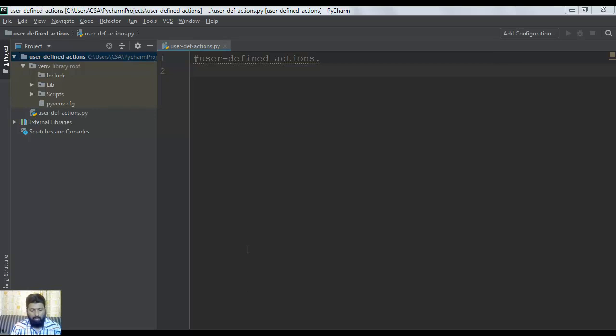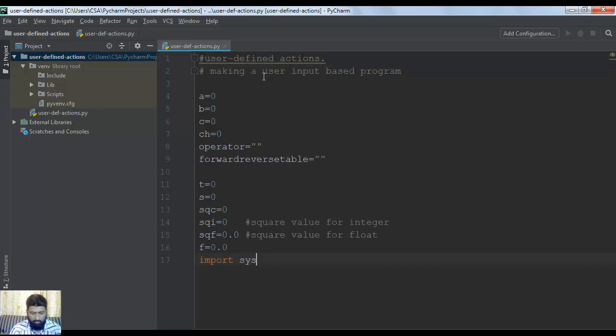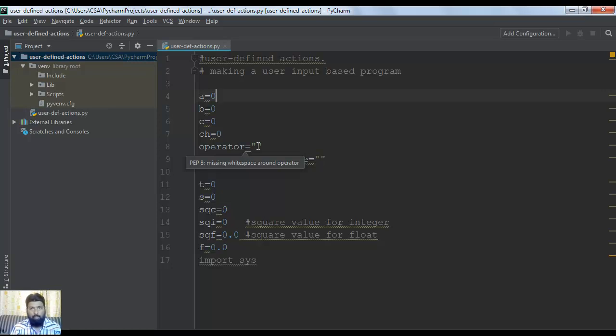So now first of all, I have a code over here. I'm going to just declare something here. I have named this user defined actions. For saving time, I'm just going to copy and paste. See, these are the variables which I have used within this program. You can see a equals 0, b equals 0, where 0 shows the type integer, and the operator you can see here is initialized with double quotes. That means the string variable is used to input the parameter from the command prompt,